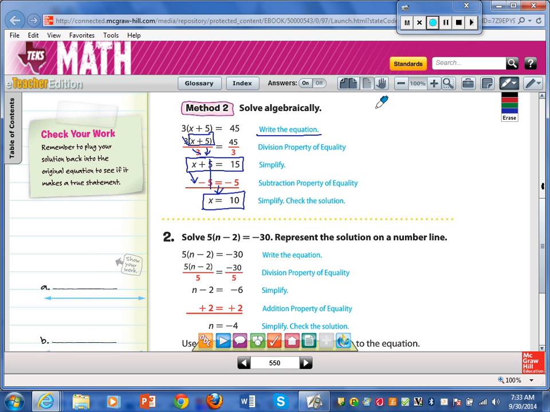So I'm going to rewrite the equation. Let's write check up here. 3 times (x plus 5) equals 45. Now instead of putting x here, I'm going to substitute it with 10. So 3 times (10 plus 5) equals 45. Now you use your